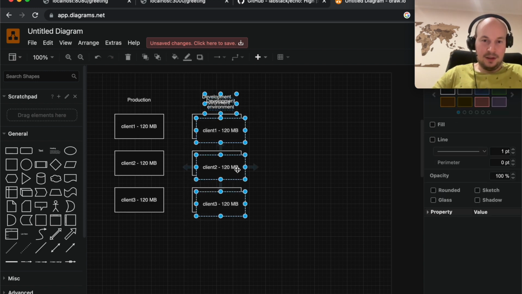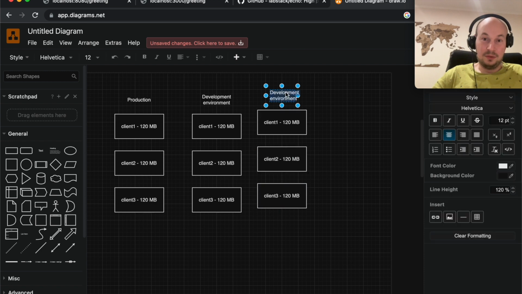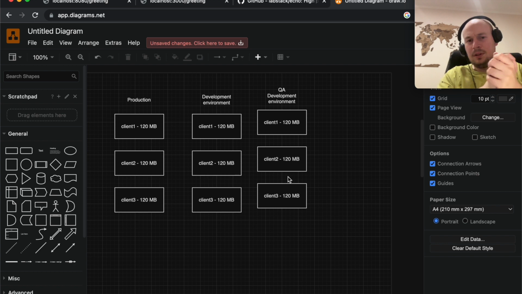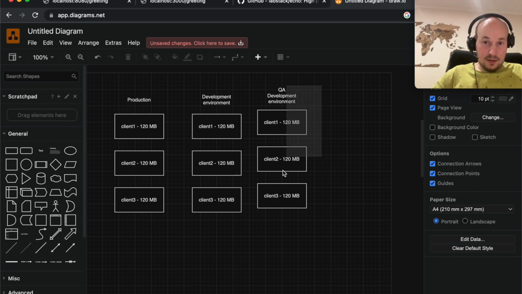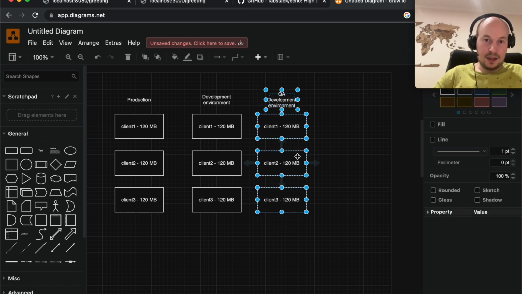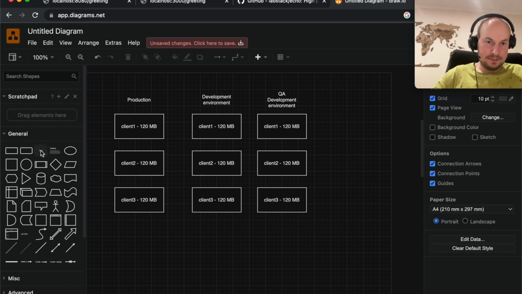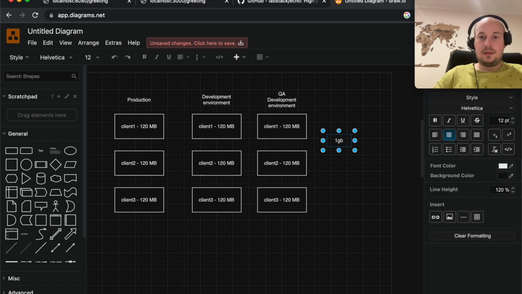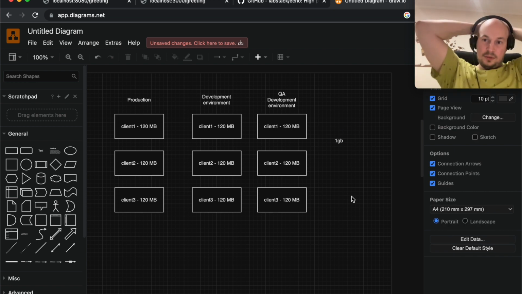QA might even have their own QA environment. How many megabytes do we have here? So it's 360 by 3, so it's 900. So we have a bit more than a gig. So in this case, we have a gigabyte of memory in your backend infrastructure. Cool, huh?